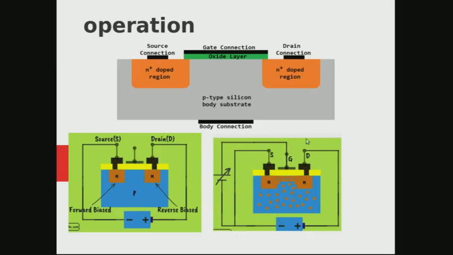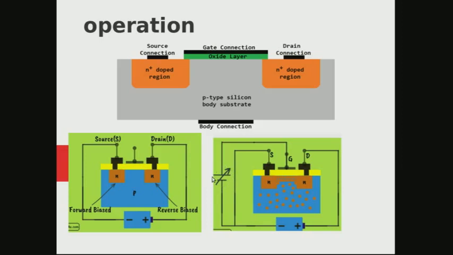So the channel was not present before; it formed after we applied the particular voltage at the gate. So the channel can be called an induced channel. So the device, the MOSFET, may sometimes also be called an induced channel MOSFET. If no voltage is applied to the gate, no current will flow from drain to source apart from a negligibly small current, which we may call saturation current, due to minority charge carriers. It all depends upon the particular voltage that we apply to the gate terminal.